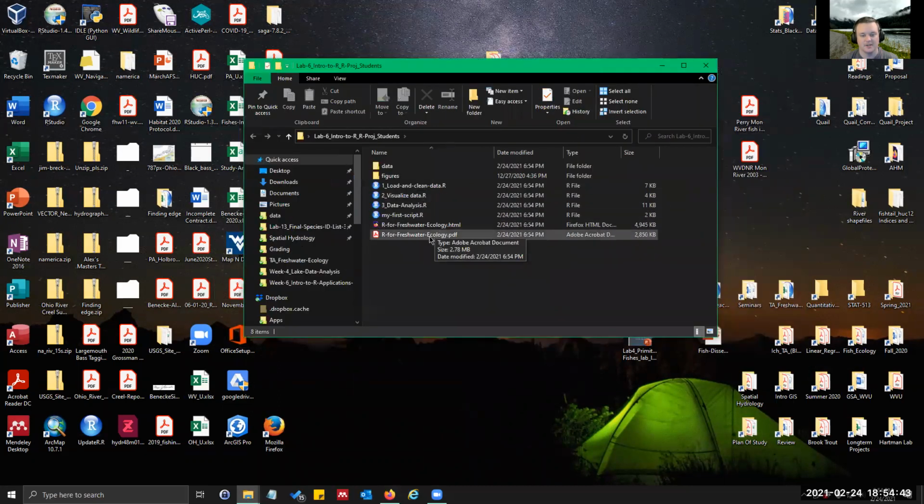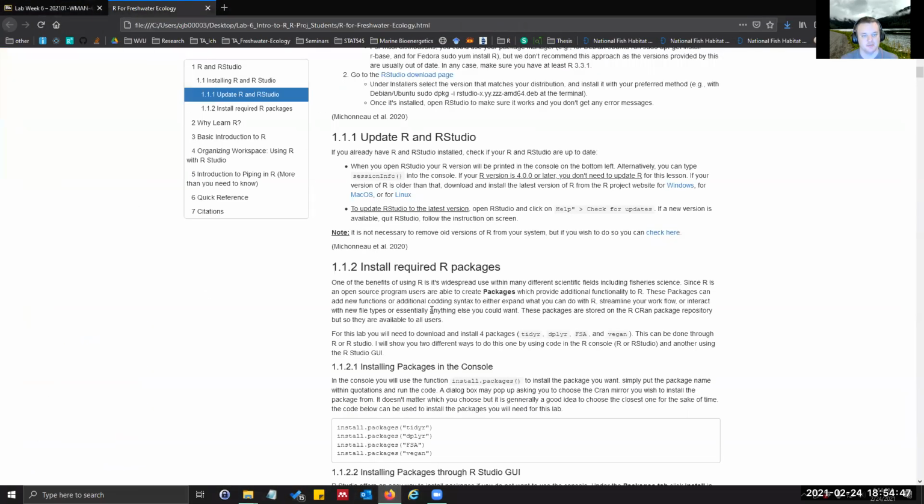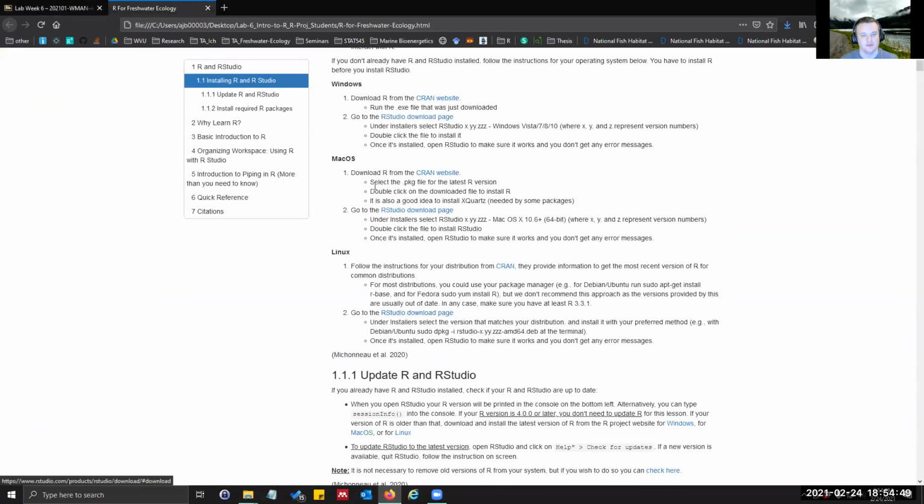Again, that guide is in here in a PDF and an HTML format. I like the HTML format. If you had trouble following these links, let me know. I guess I can make a video. I know I made one for Mac.